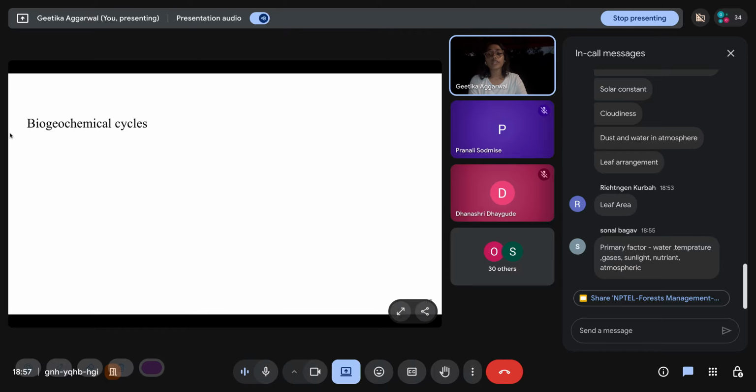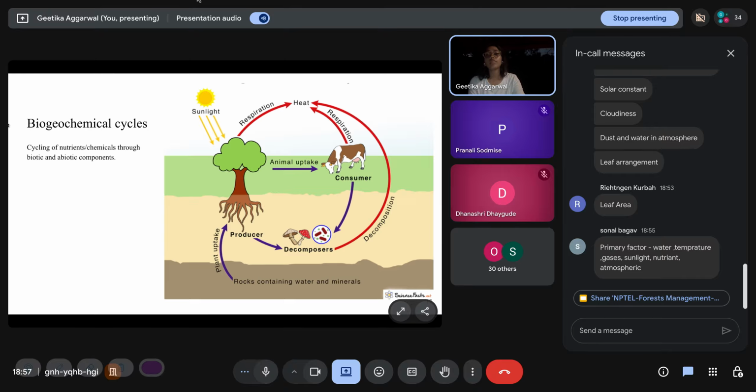Then coming to biogeochemical cycles, you might already be aware about this. This is taught in high school as well, even in the UG courses. Biogeochemical cycles are basically the cycling of nutrients or cycling of chemicals through biotic and abiotic components of the ecosystem. So, like you can see in this general diagram,